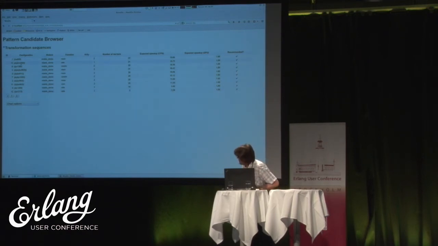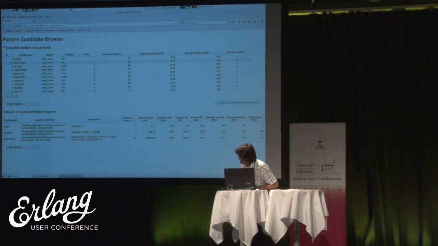So suppose I want to see this one. This is a bit more complex. This is a farm of farms, so I will have to introduce 2 farms in this example. And on 24 cores, this might give me almost 19 speed up. So if I click on this one, I can see that